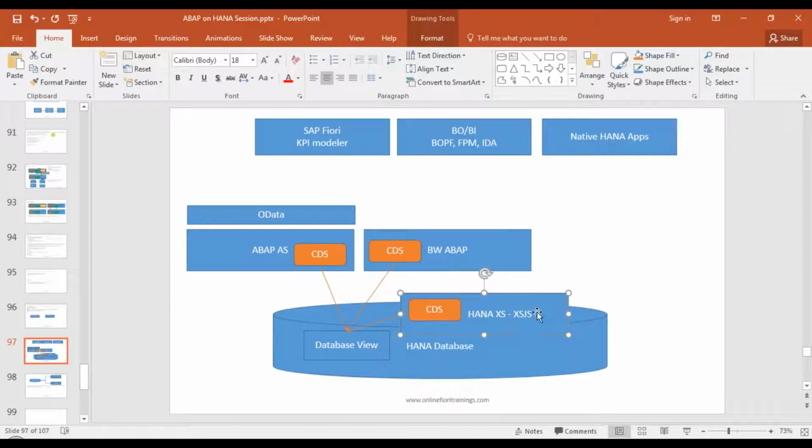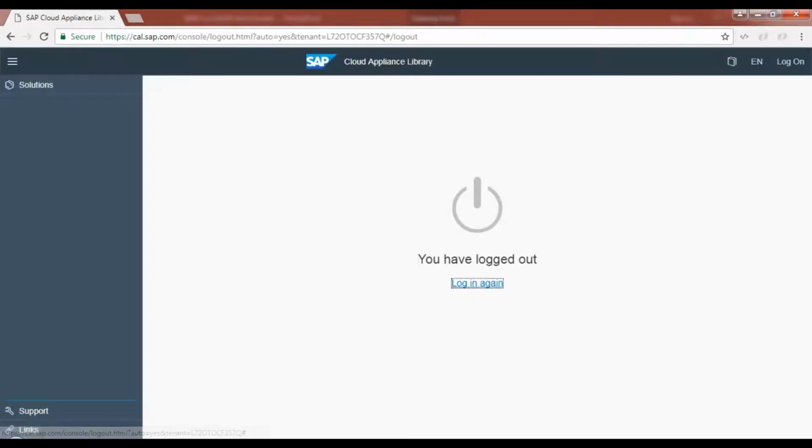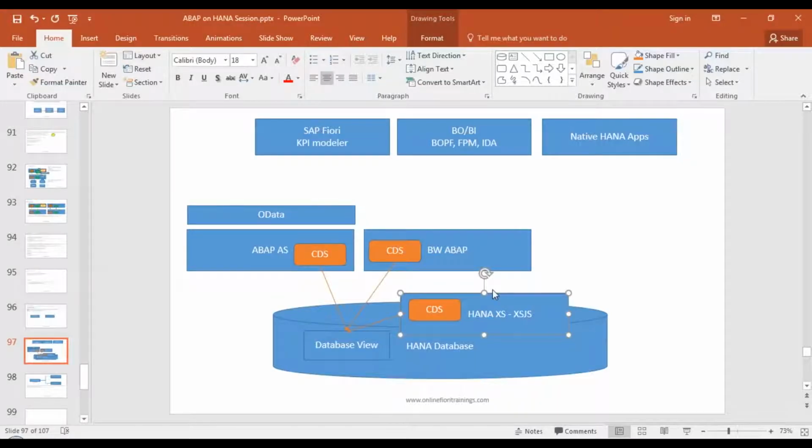Okay. So right now, it's ample enough to know that there are two types of CDS, HANA CDS and ABAP CDS. HANA CDS are created in HANA Access Engine, which is a lightweight application server integrated in HANA database. That's what you should mention. And there is an ABAP CDS which is basically created in your ABAP layer.